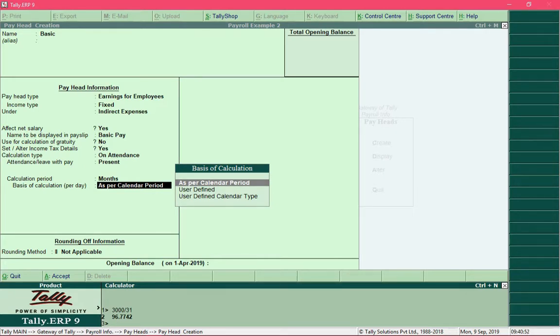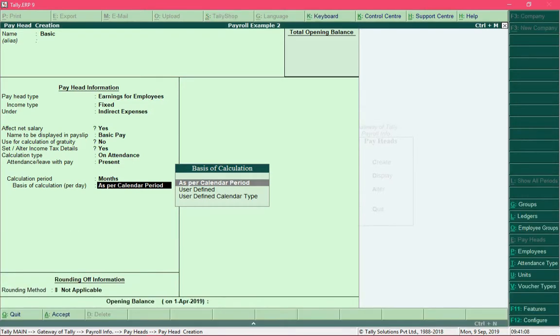Now again, as per the calendar period calculation basis, in the month of February, the per day salary would be calculated as follows. So this is how the calculation method works,